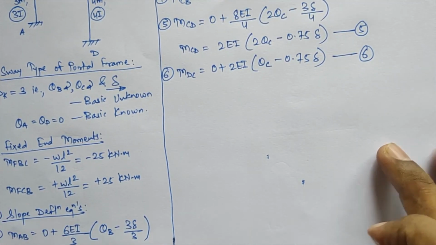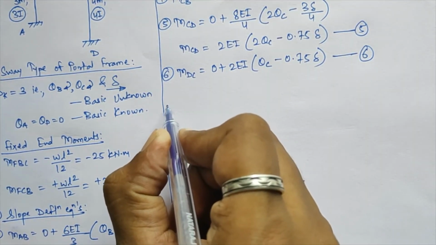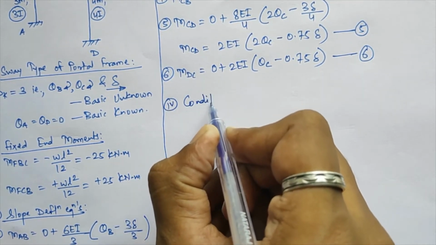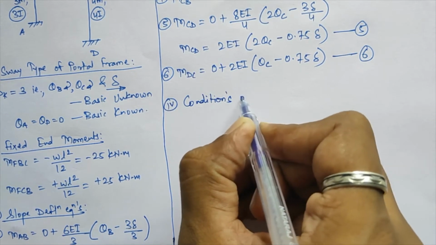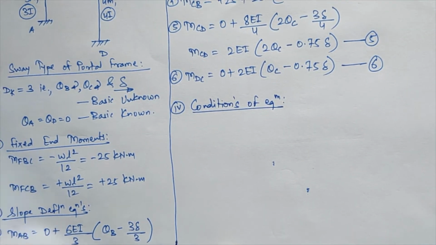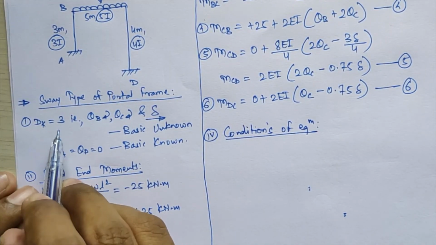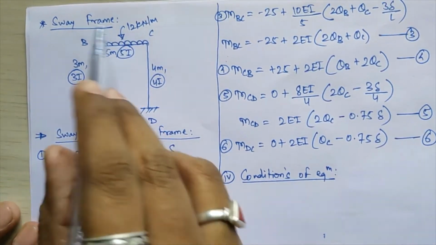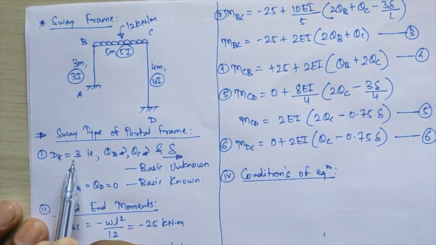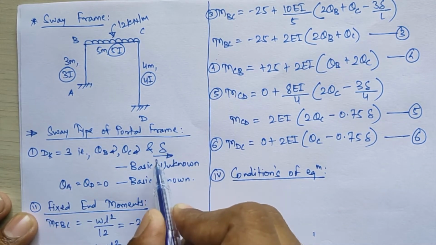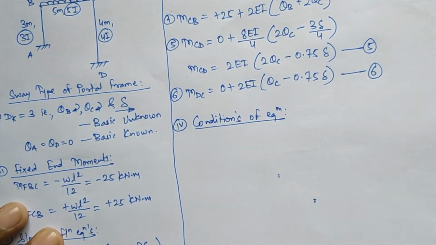Now if we proceed to your next step, that is step number 4. What is the step? It is conditions of equilibrium, or just you can say equilibrium conditions over there. Okay, so equilibrium conditions I have told you, that will be equal to your degree of indeterminacy value, but for sway frame your non-sway frame, if you consider initially the value is coming equal to 2, but due to sway one more coefficient delta is added over there, so your conditions of equilibrium will remain same.